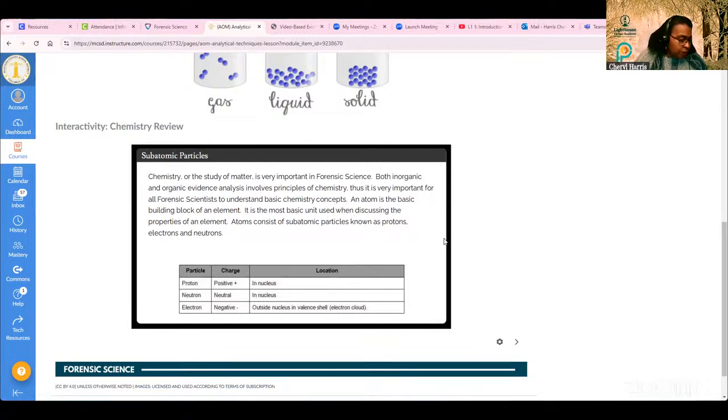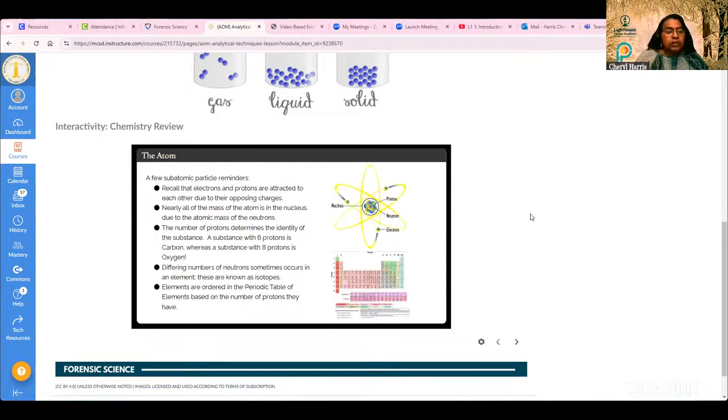When you do biology, you're talking about the cell as the basic unit of living things. Well, the atom is the basic unit of everything. And in the atomic structure, where you had a nucleus in the middle of the cell, you still have a nucleus in the middle of an atom. Inside the nucleus, you have protons and neutrons, which are positive and neutral particles. And orbiting the outside of an atom, you have electrons, and they are negatively charged. Okay, so we don't need to know atomic structure that much, but